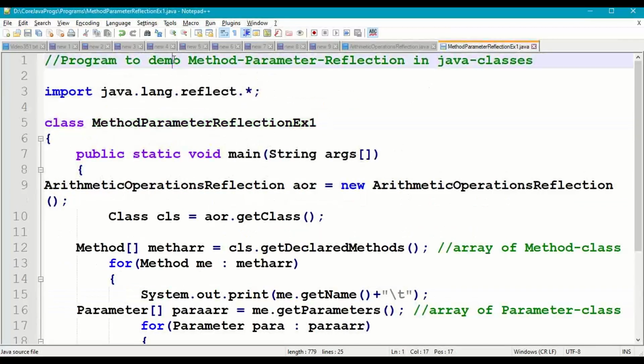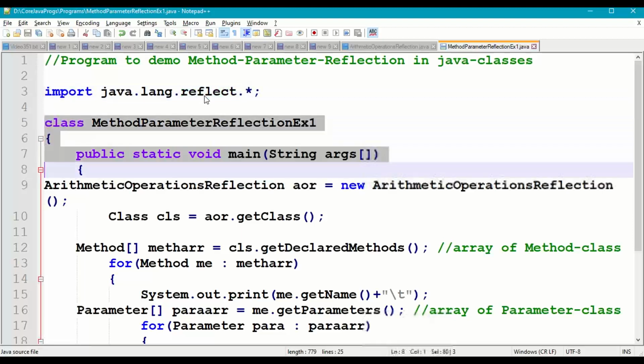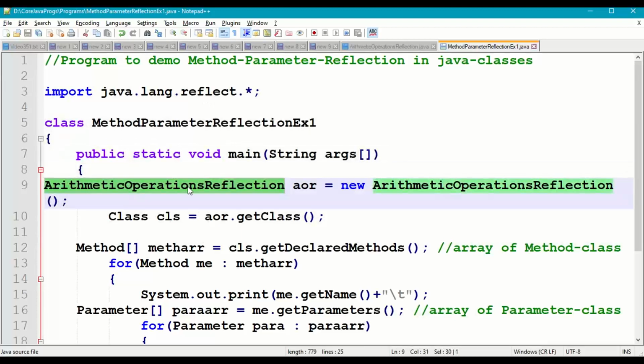Now coming to the main class, MethodParameterReflectionExample1. First take the comments at the beginning of the program. Import the reflect package from the java.lang package. Take the main class with the main method and save this program in your working directory. Let us create an object of ArithmeticOperationsReflection, AOR, new ArithmeticOperationsReflection.